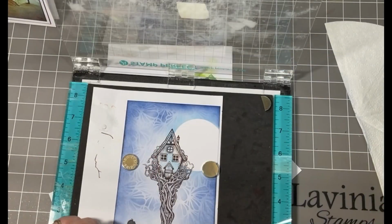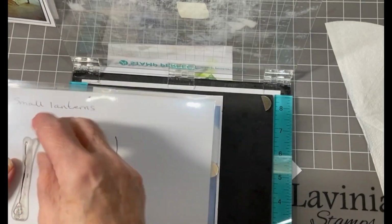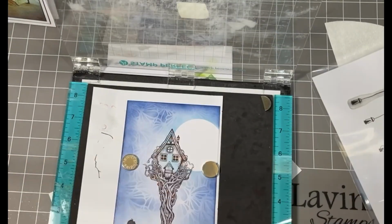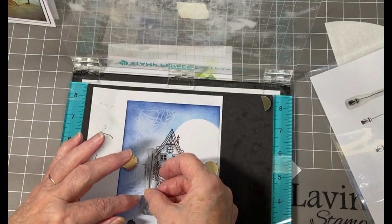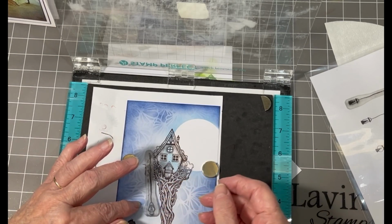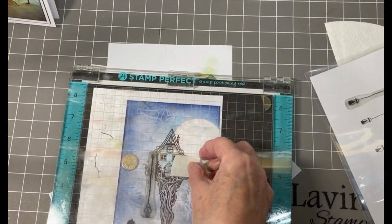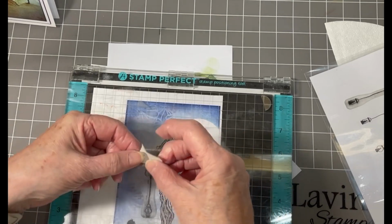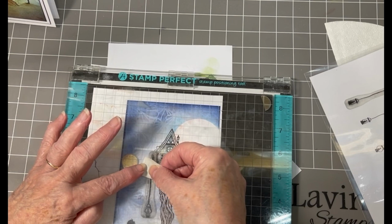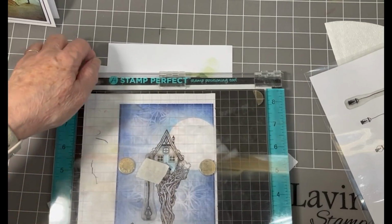Next we're going to stamp our little lanterns. So I've used the small lanterns and I've used the round one because it matches Edward's lamp. And I'm going to place my lantern there. Now I have this piece of masking tape here for a reason. I'm just going to cover where I don't want to ink my stamp,